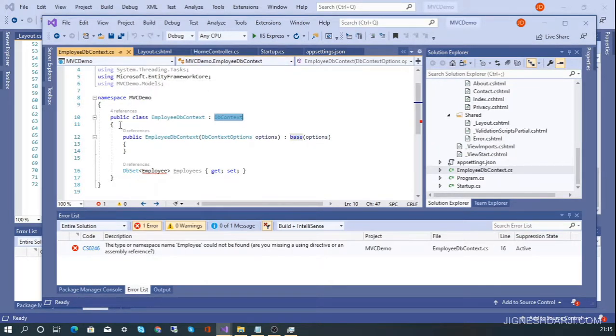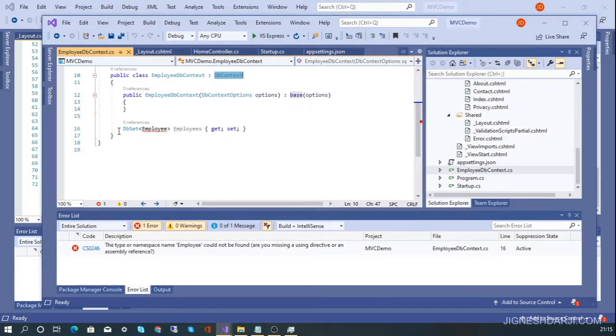You can simply import that, and after that create one constructor and pass the DbContextOptions over there. That option you pass to the parent constructor. Apart from that, you can add all the models here for which you want to create the database tables.